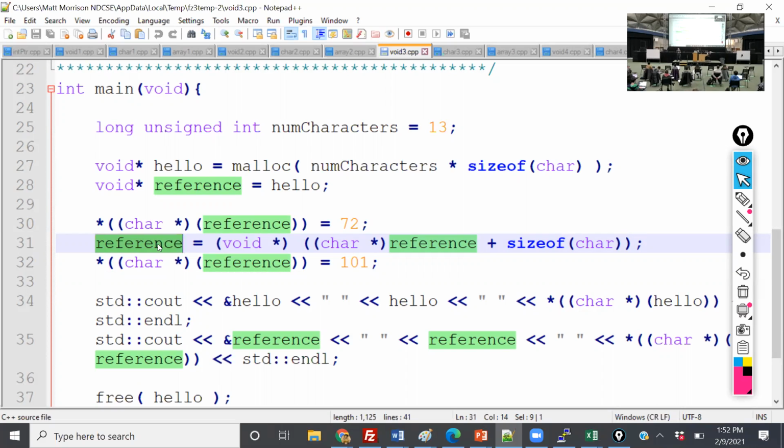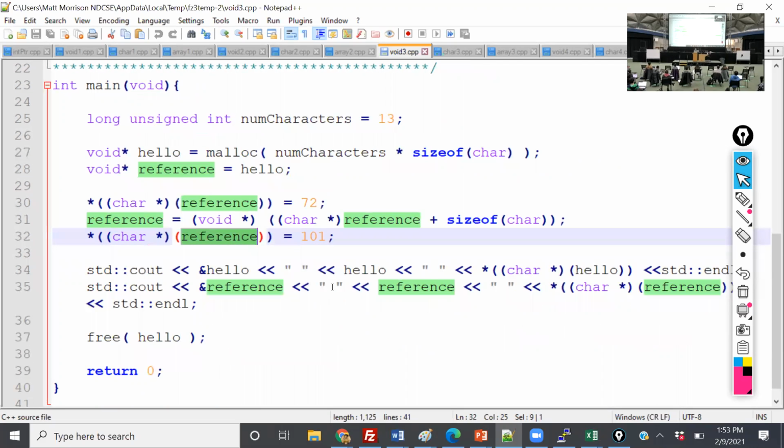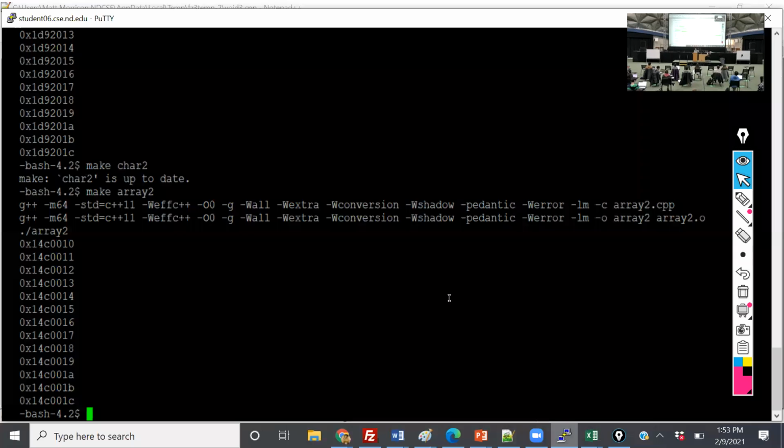Then I dereference the reference pointer and make it 101. Then I'm going to print the address of hello, print the value of hello and dereference it, and do the same thing for reference, and we're going to see the difference. And then we can go over that code again.